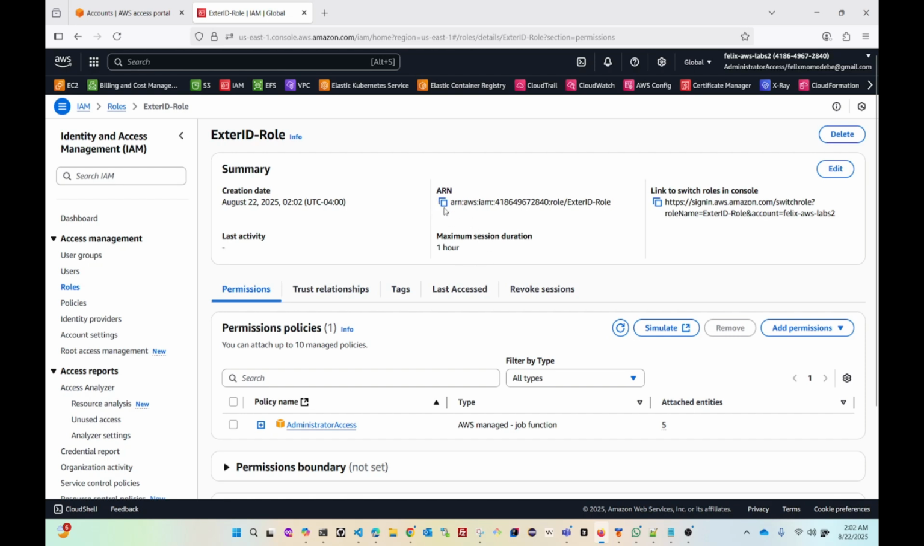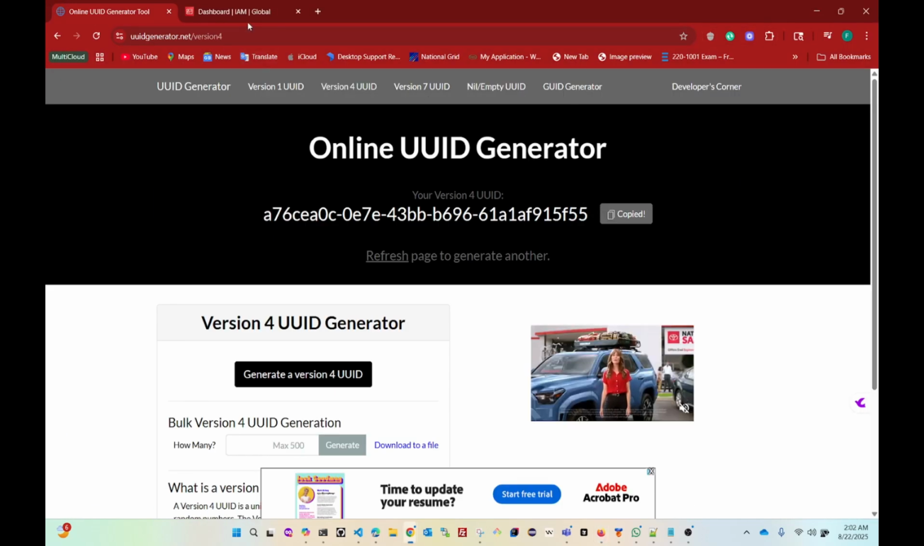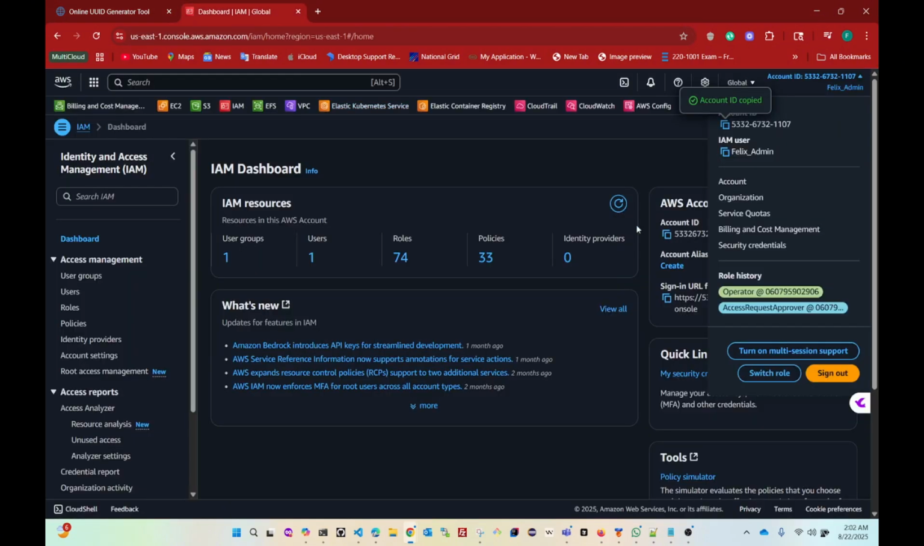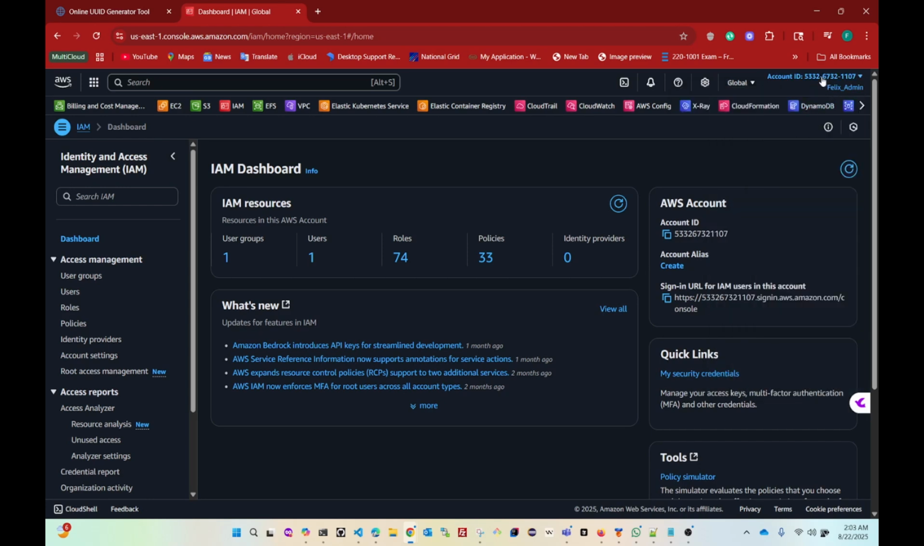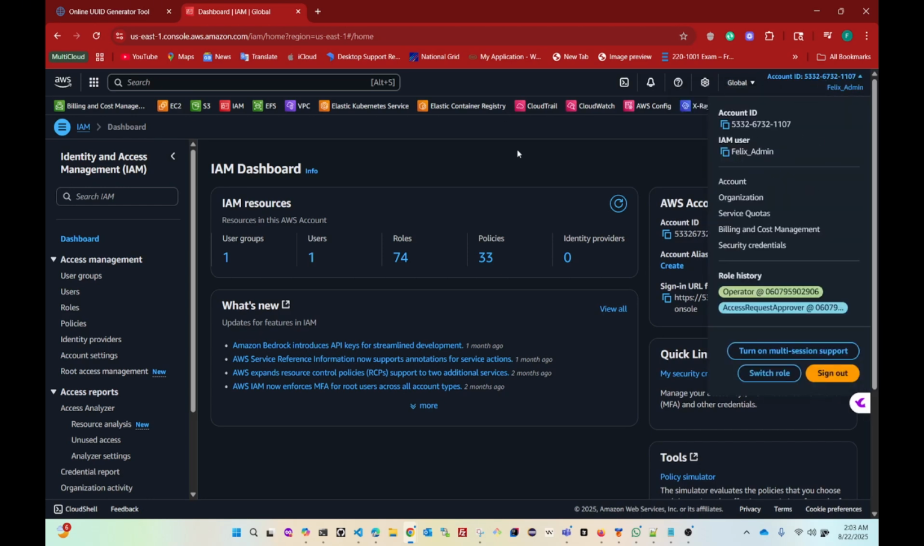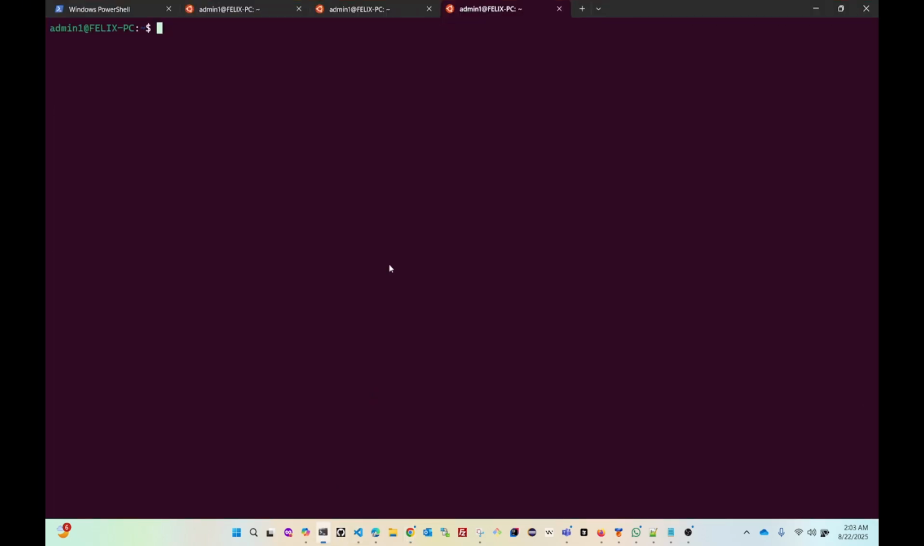Now I can copy this role. I'm going to copy it over, and we're going to move onto the terminal, and we'll try to assume this role from this account. If you look at it, this is the account ID where the role will be assumed. So I'm going to go over onto my terminal, and then we're going to run the command to assume the